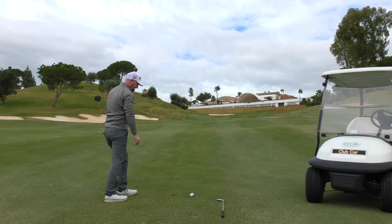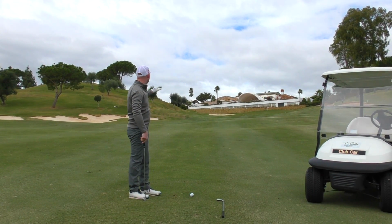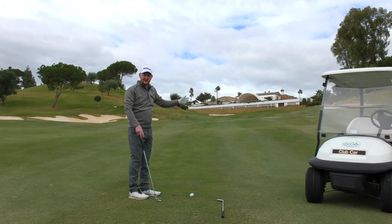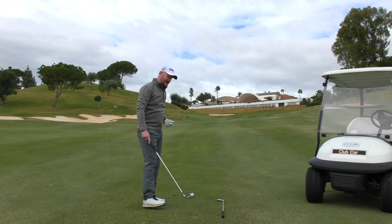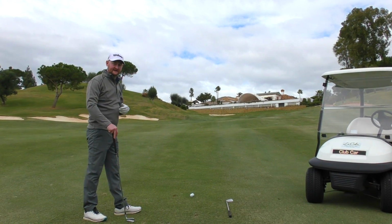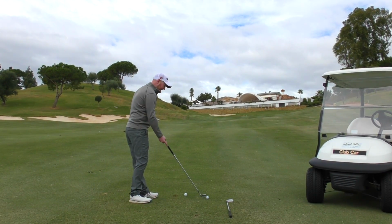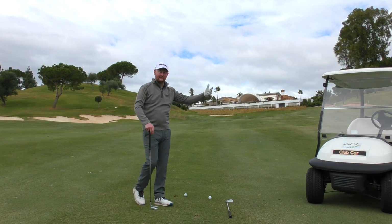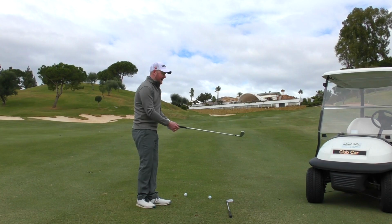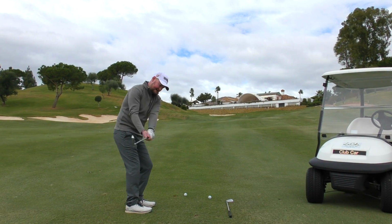Nope, short. Hit it pretty well, but it's fallen a little bit short for me there. It almost caught the front portion of the green, landed about, I'd say probably 152, and has come running back down the slope. Now, like I say, if we were to actually play beyond the flag, which I don't see a lot of people doing, I don't see them actually taking into account that they've got this buffer of green behind them, then I might actually hit a mediocre 6-iron and see that I would get it up